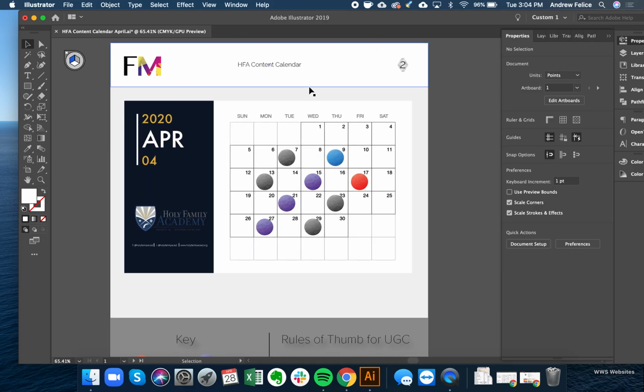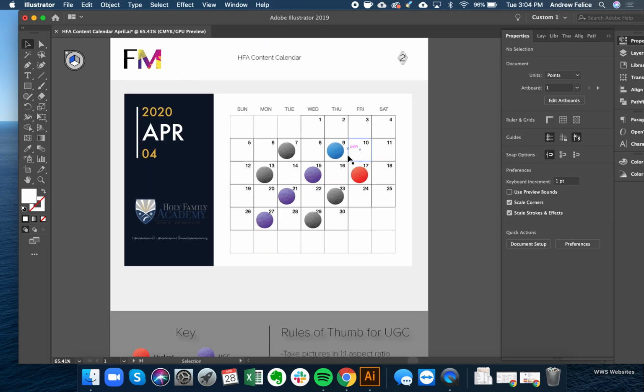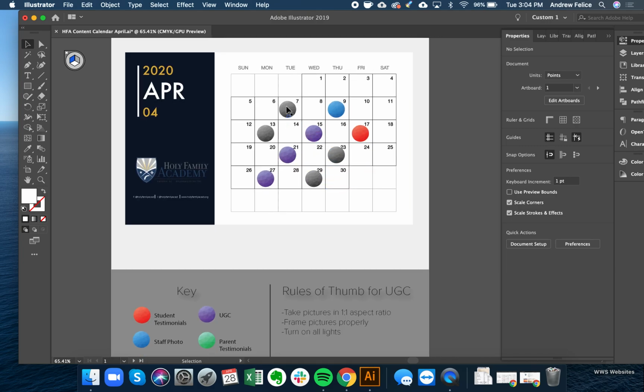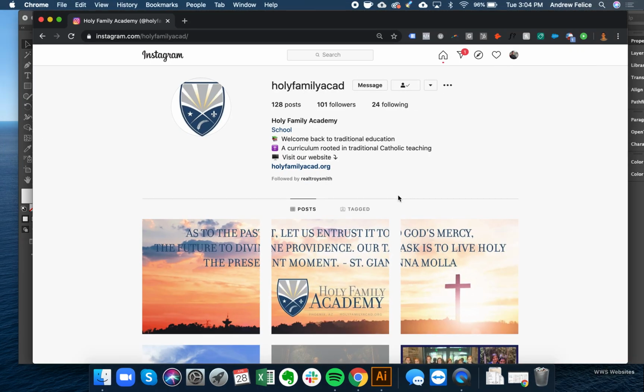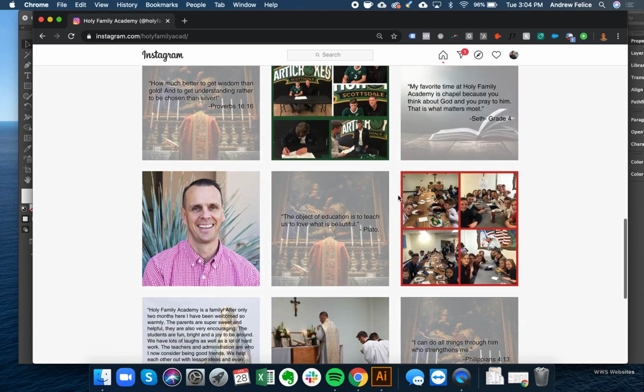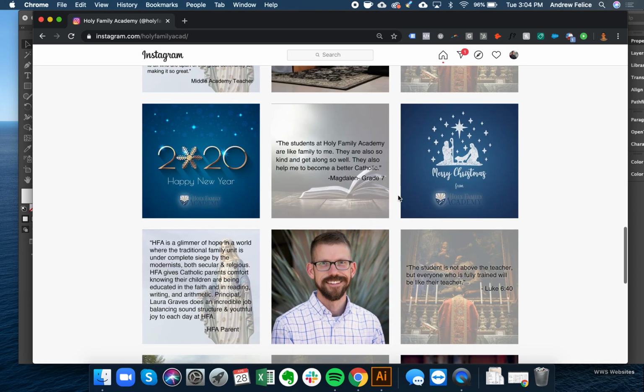Okay, so this is the meat and potatoes of the whole thing. We just want them to post certain types of content on certain days. More important than anything, the order in which they post them, that's the most important part. And the reason is we've got this really nice flow going here. So if we go all the way down,